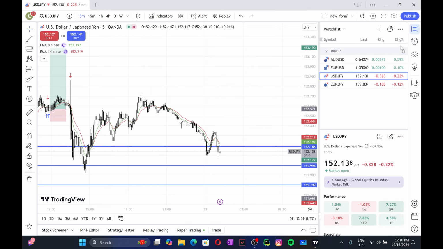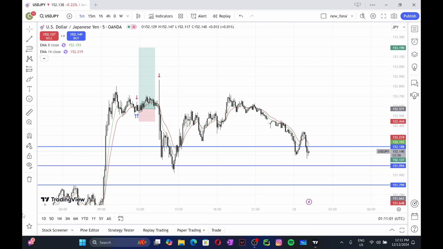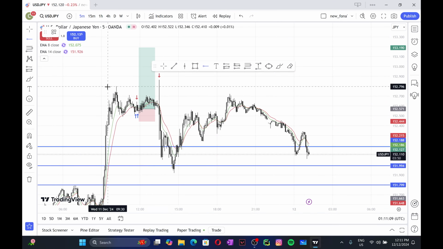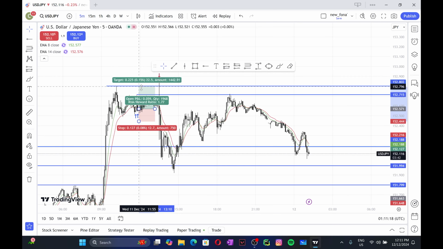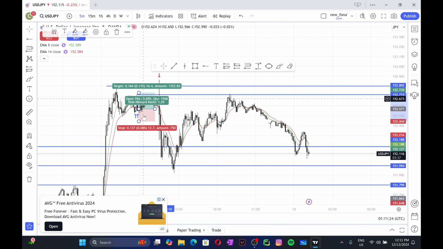So what I should have done is taken my trade only till this point. The first thing was I was gonna put it only till here, and I put it even higher. If I would have left it around here, I would have easily gotten my take profit, or even about here, the high, about there.